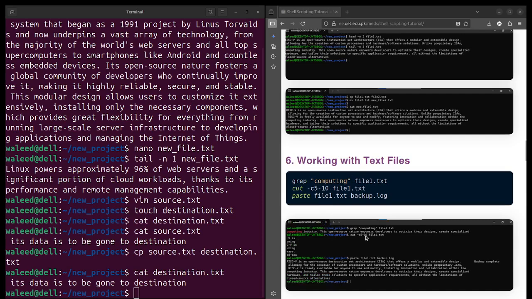Okay, so as I have already told you about grep, if you want to find some word in a file, you just simply write grep. It is similar to search, and then the word which you want to search in that file and then the file name, and then it simply highlights that specific word with some other color. Okay, so let's suppose I want to search for, let's say, smartphones in new file.txt.